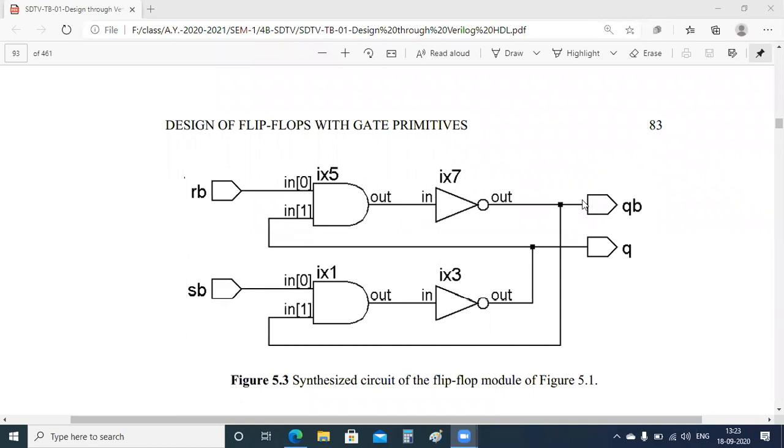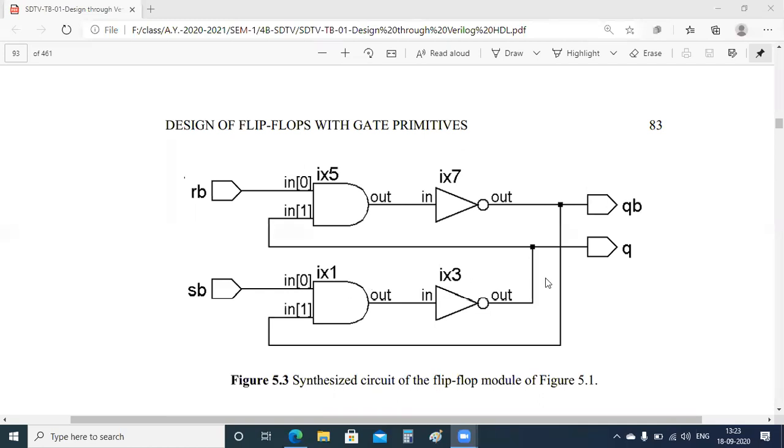So we have to observe this QB. How do we get the QB? This QB is fed as an input to this NAND gate. So think this bubble is here itself, okay? Don't think this one exists.